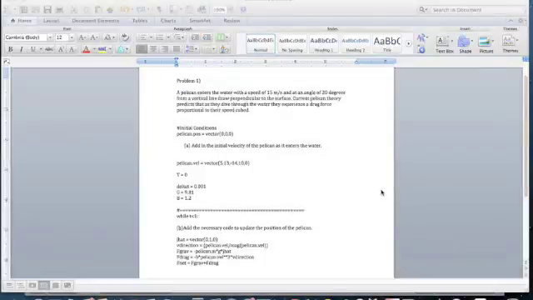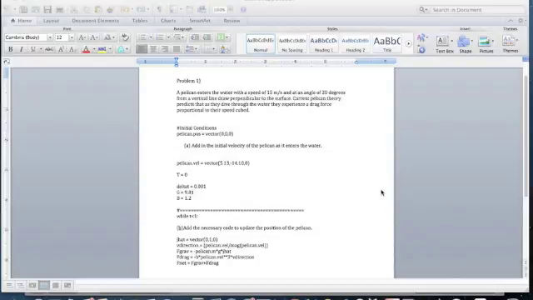In this problem, a pelican enters the water with a speed of 15 meters per second at an angle of 20 degrees from a vertical line drawn perpendicular to the surface. Current pelican theory predicts that as they dive through the water, they experience a drag force proportional to their speed cubed. To find the initial position of the pelican, it is set to the vector of 0, 0, 0, and we